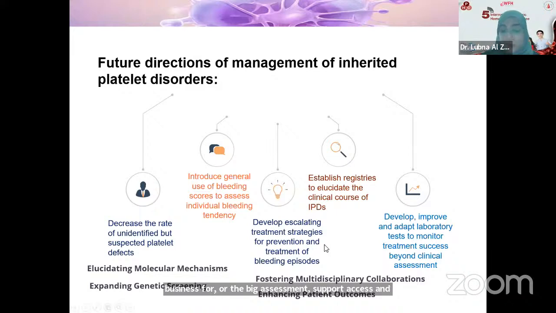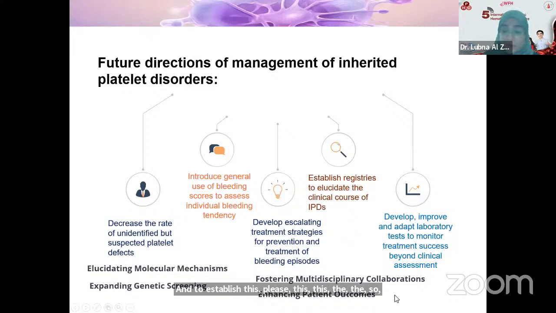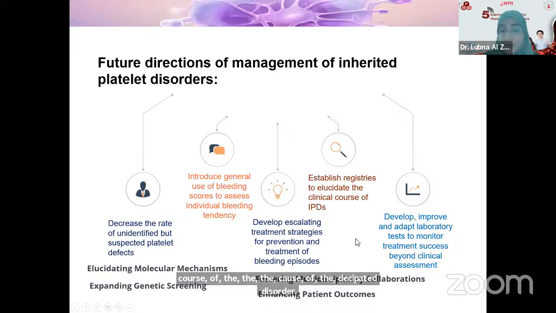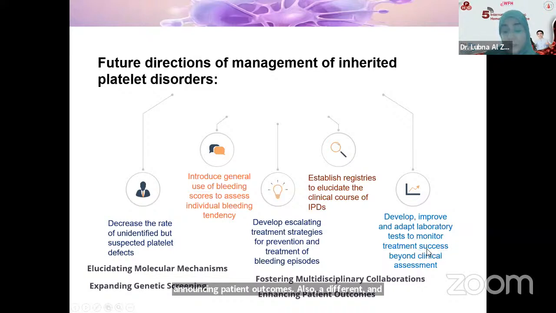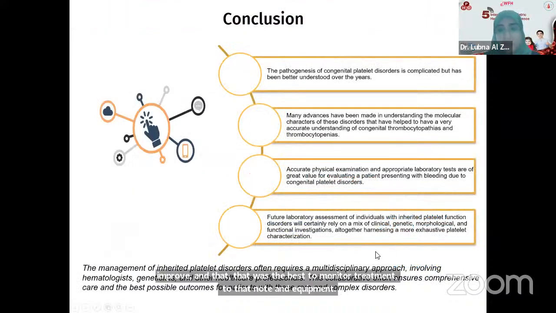And we'll have more development escalating for treatment strategy for prevention and treatment of the bleeding episode, and to establish registries to investigate the clinical course of the inherited platelet disorder, with fostering multidisciplinary collaborations and enhancing patient outcome. Also, develop and improve and adapt laboratory tests to diagnose and monitor treatment beyond the clinical assessment. So to conclude my presentation,